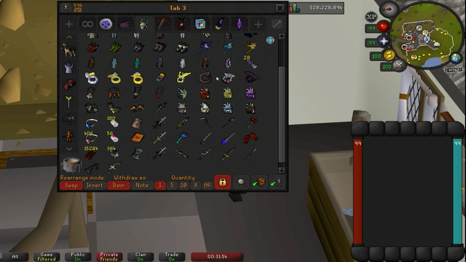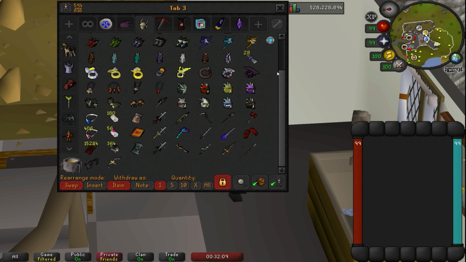And if you guys can keep a secret, I don't have the Tyrannical or Treasonous ring imbued, but I don't really use them that much, so if I ever farm Corp or something, I might actually imbue this. But for now, all of my imbued rings are here, because these are the ones that I actually use. Below that, we have all of our necklaces, all of our hand slot items, and this is the pride and